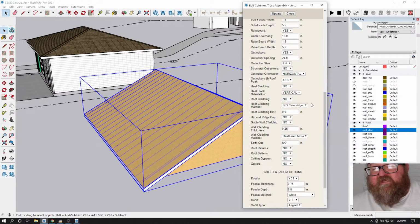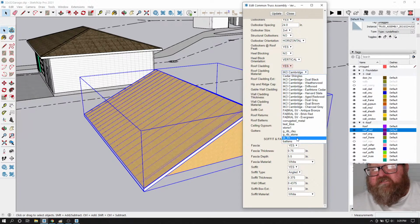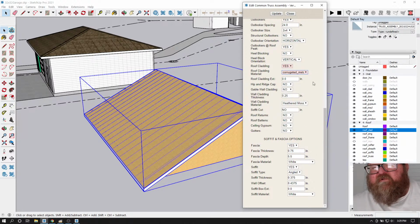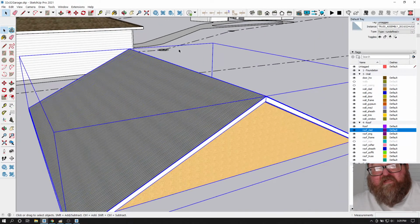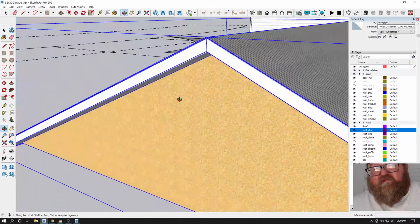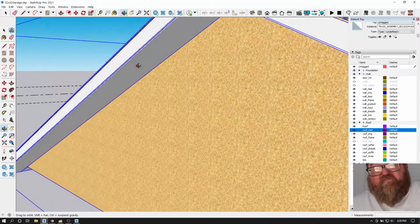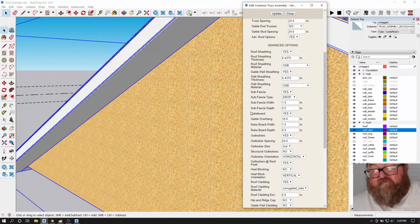His homework list is endless. Let's see, I can go in here and soffit and fascia, yes, and then on this metal roof cladding, yes. I can make this a corrugated metal, and that's going to be close enough. That's kind of the look I want to get for this. But you can see it automatically did, now the fascia needs to be fixed. But again, you just go in and edit, go down to your fascia size,